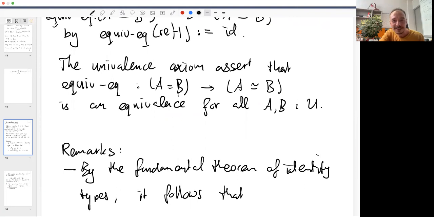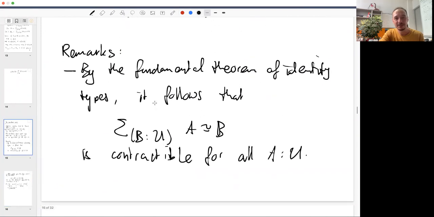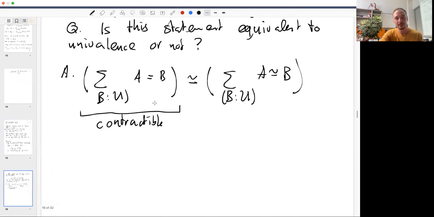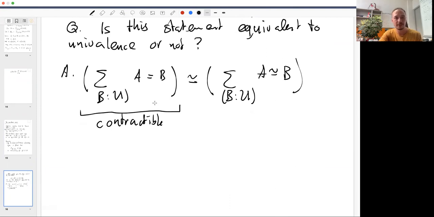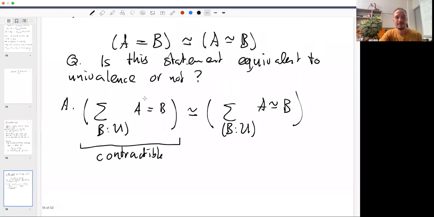Oh, I'm using trickery. I'm sorry, Emily. If you want to know the exact statement of the fundamental theorem of identity types that I'm using here, you have to refer to section 11 of my book, and that's the statement that I'm using. Yeah, with that we can go back and forth. All right.